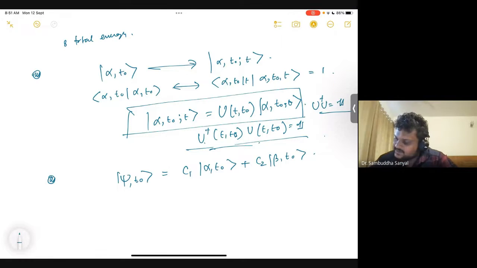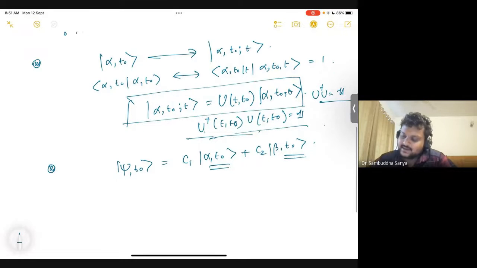So that means these two things form some complete set of states. It is some eigenstate of some operator. So I can express an arbitrary state in terms of these states, just like spin plus is 1 by root 2 of plus z and minus z.